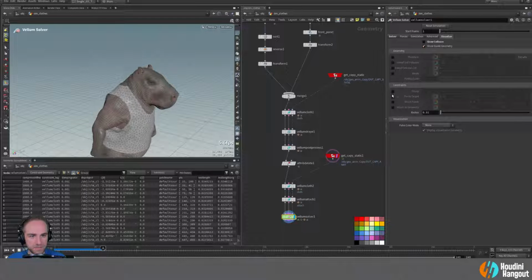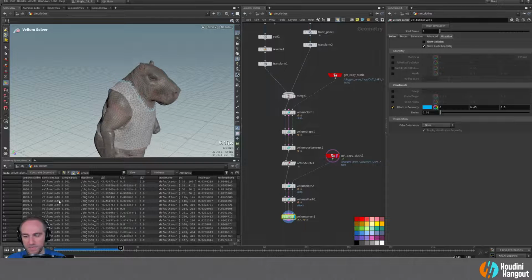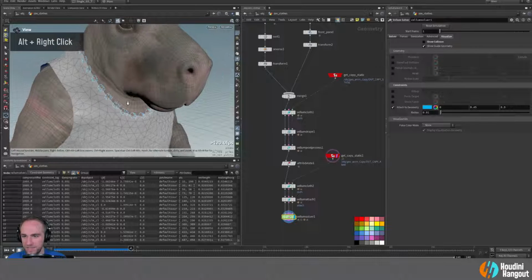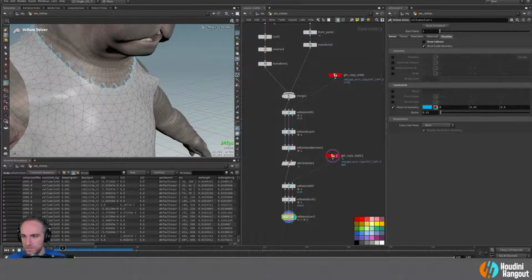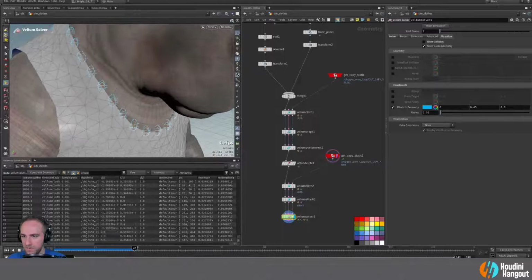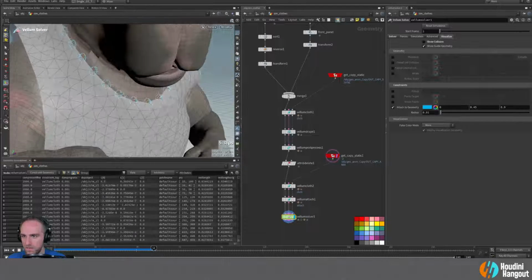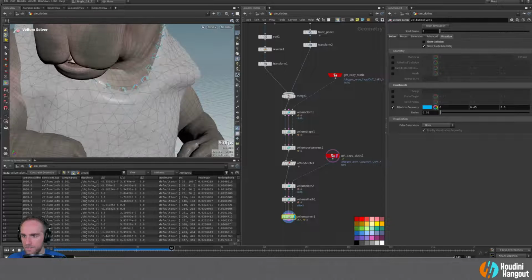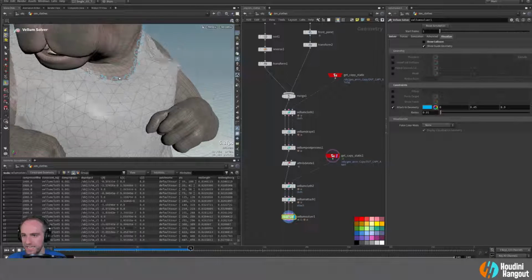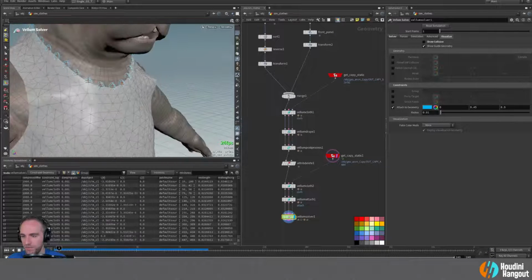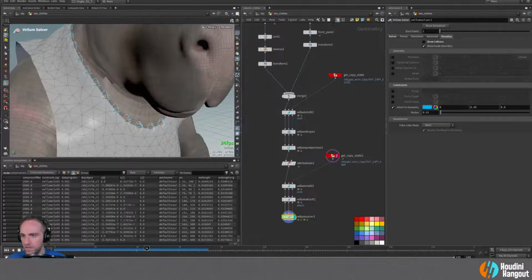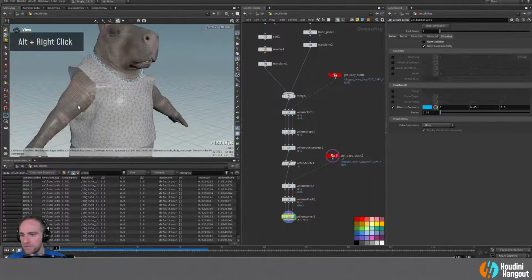Let's see here. Can we show the guide geometry attached? Yeah, there we go. See how that actually looks there. A little hard to see, but it's definitely letting it bounce and move around a little bit more than, yeah. So